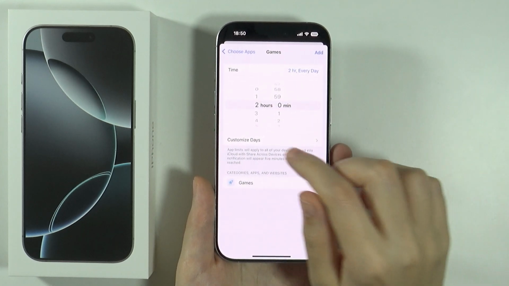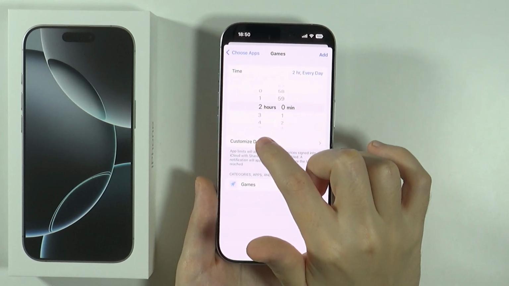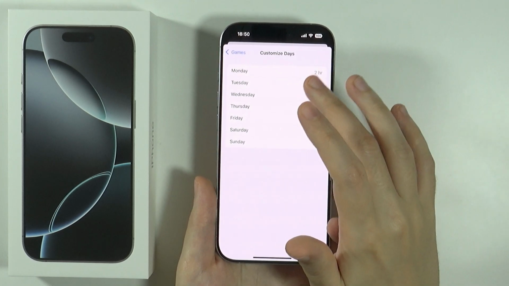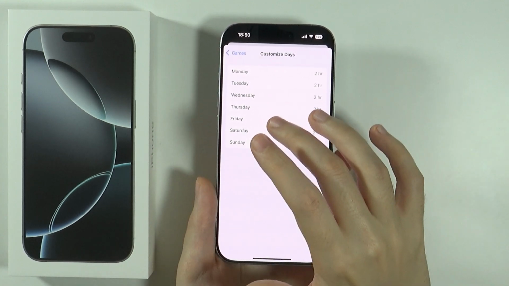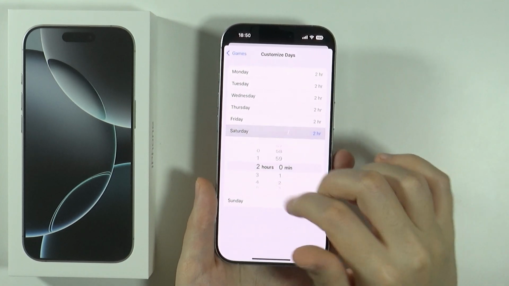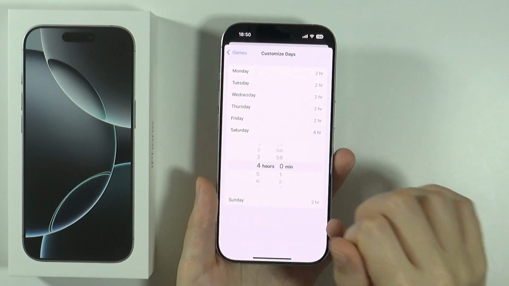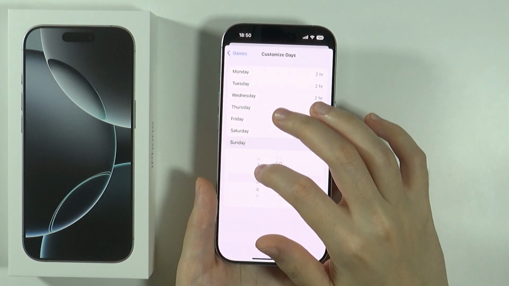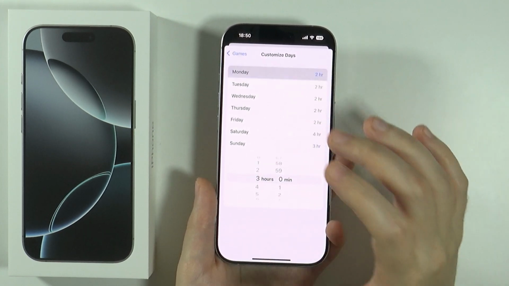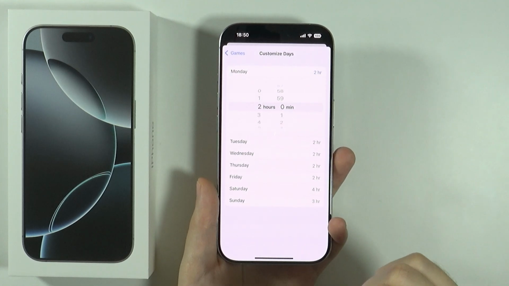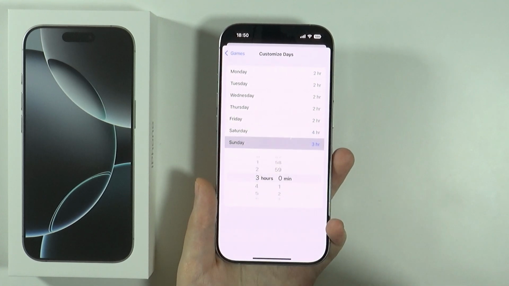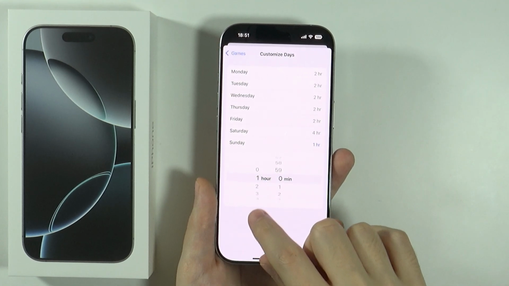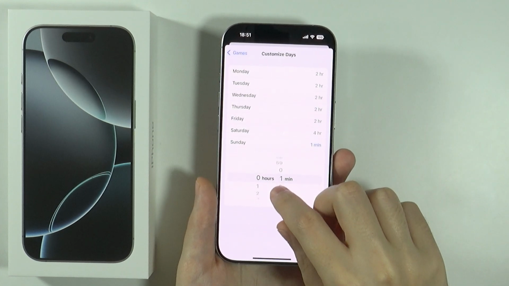You can also choose days. So if you go to customize days, then you can choose specific time limit for specific days. So let's say on Saturday I want to actually let myself play for 4 hours instead, and on Sunday for 3 hours instead. Of course, if you don't want to have any limit on a certain day, then instead you can set up to just 1 hour and 0 minutes,